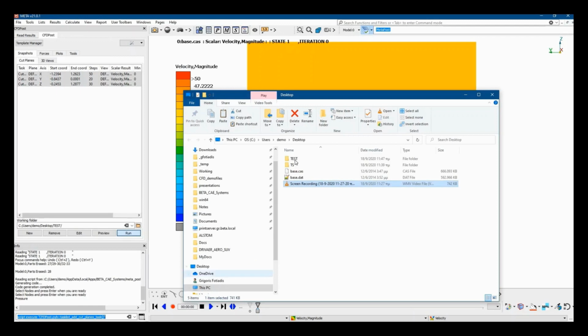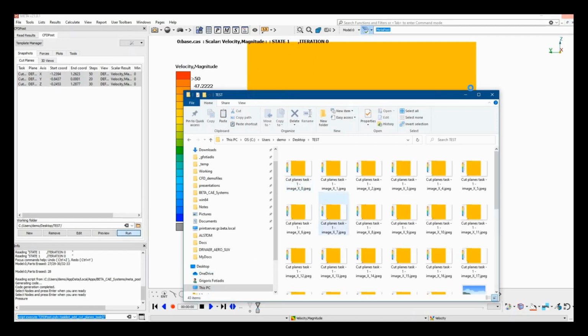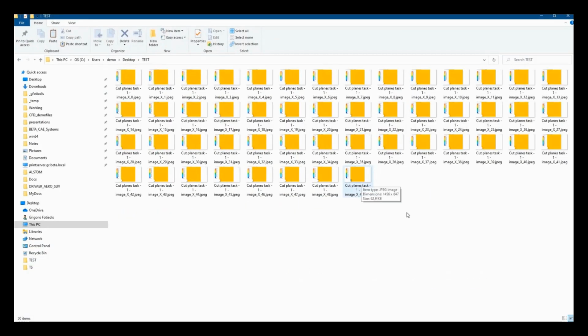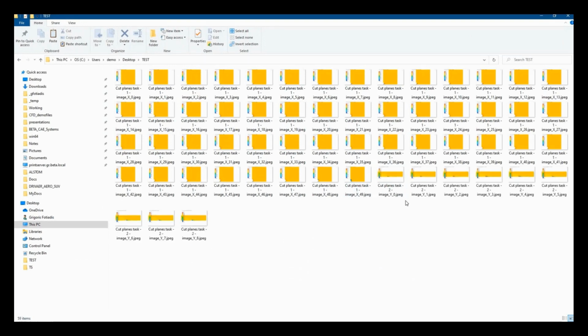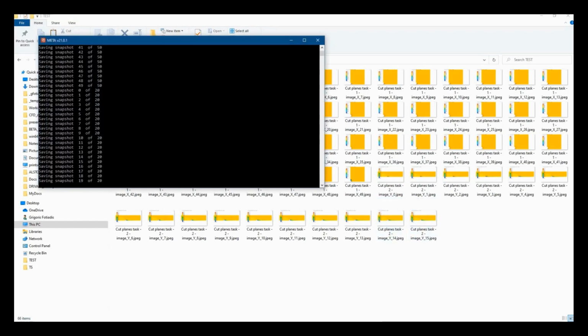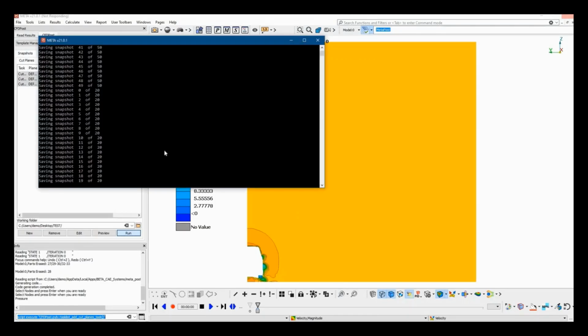And if we go to the desktop folder that we have created, we can see that it's being updated with snapshots that are being generated as the cut plane moves. Okay. We also get here in the terminal window, in the info window of Meta, the snapshots that are being created.